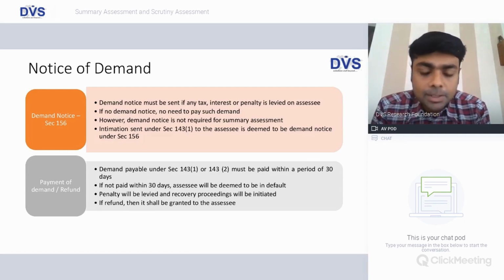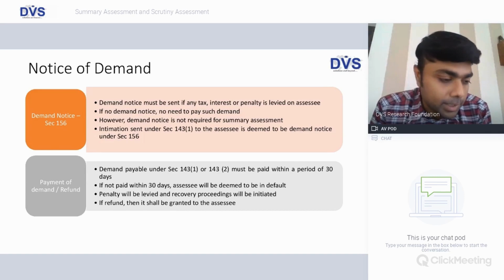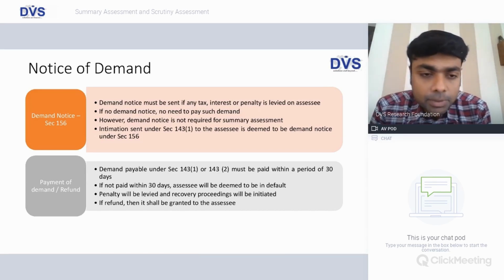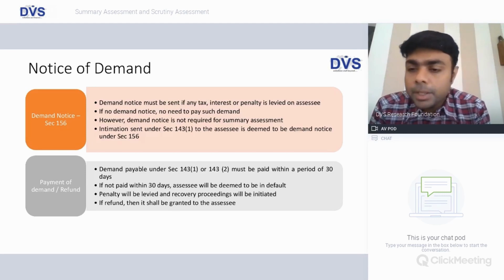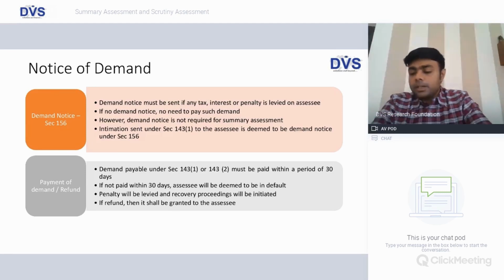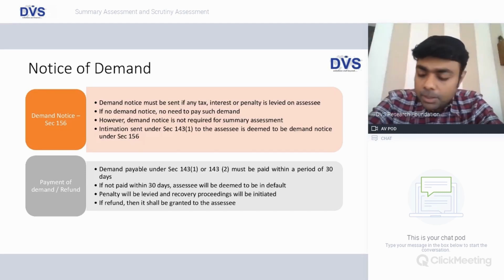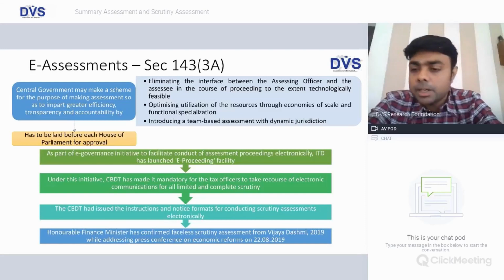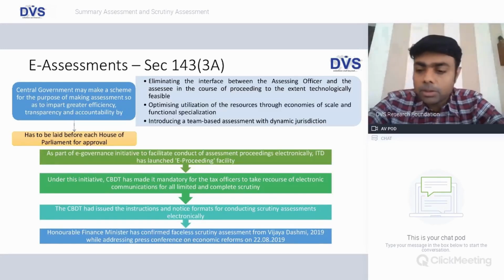But as far as the SSC is concerned, he is supposed to pay within 30 days, together with whatever is the interest and tax due and penalty, if any, as the case may be. Where the SSC fails to pay this due within 30 days, he or she or it can be regarded as an SSC in default, and automatically recovery and penal proceedings can be initiated against the SSC for non-compliance.